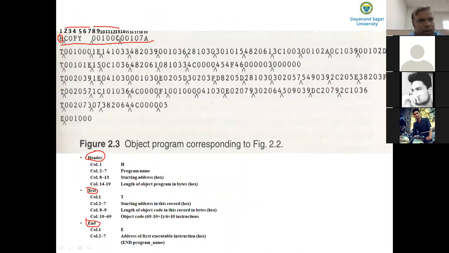Start from column number 13 and fill from the right side, and then fill the remaining columns with 0, because the starting address is only 4 digits, that is 1000, so the remaining digits are specified as 00. Then the starting address is 001000. And next, columns 14 to 19.